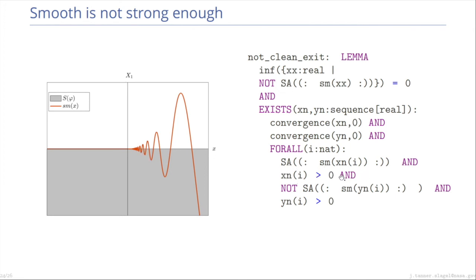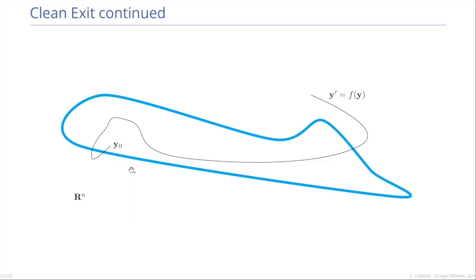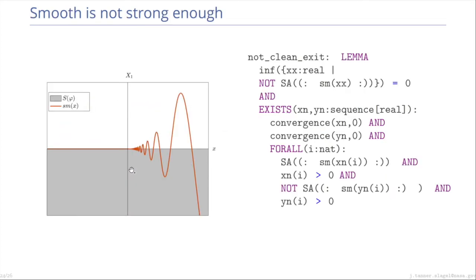But for the sequence x, all these points are in S. I'm mainly talking about the bottom points of all these waves. All of them are in, excuse me. And then for y, all of those entries are outside of S. Essentially, this is proving that the smoothness assumption is not strong enough to give us this very fundamental but essential property we're looking for. So we need that real analytic assumption.